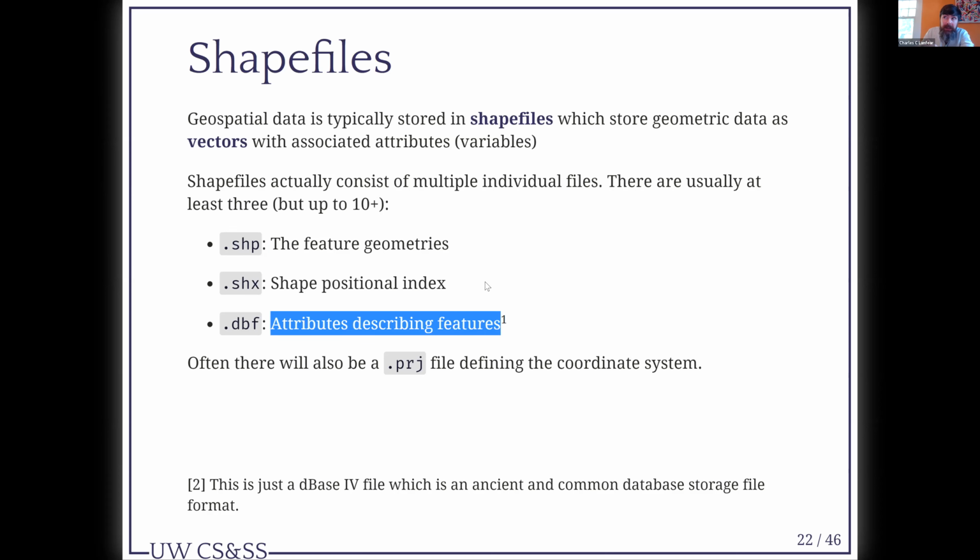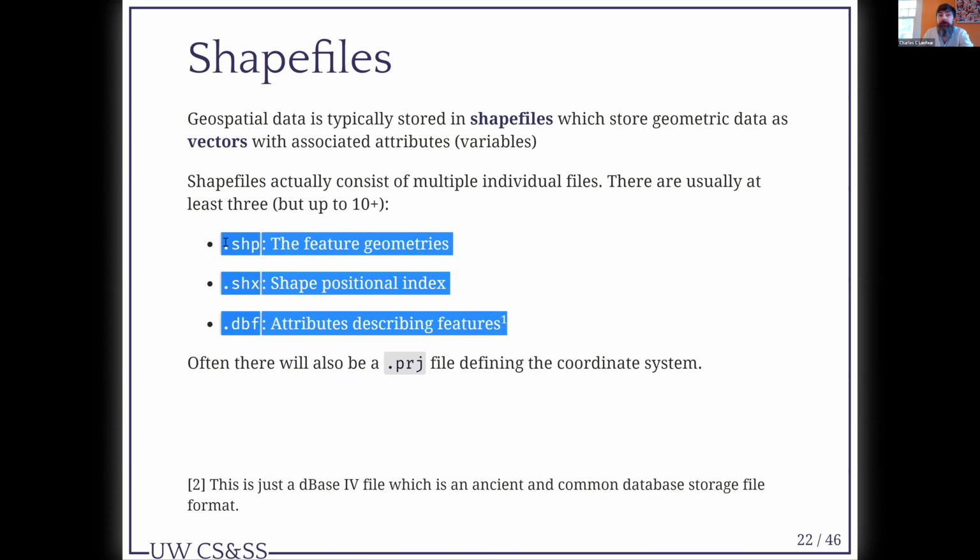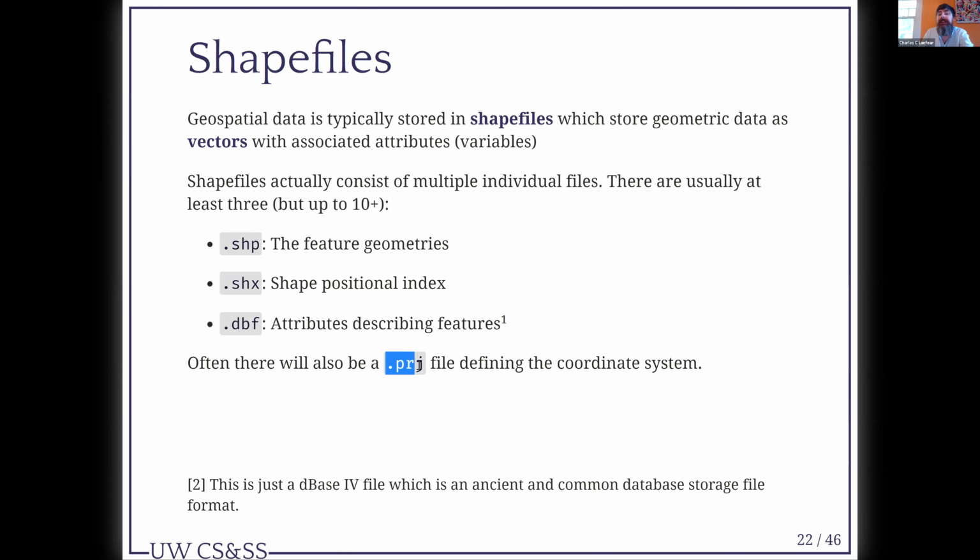If you are lucky, there will also be a .prj file, which defines the CRS for the file. It's really annoying to get a nice, useful shapefile with all these other files and no projection because you have no idea how to merge other data onto it if you don't know the projection. If you have a bunch of data that are in like WGS84, great format, and you want to merge them onto some administrative data, but you don't know the administrative data's projection,